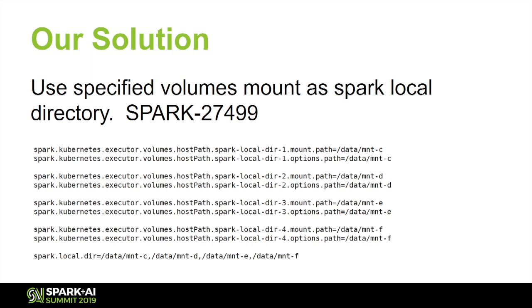Before we build the local directory feature, we can check if there's any volume mount already existing in the pod, and then we can use it as the Spark local storage. And these are the configurations when we apply the patch from this